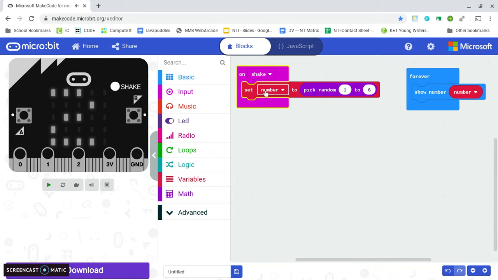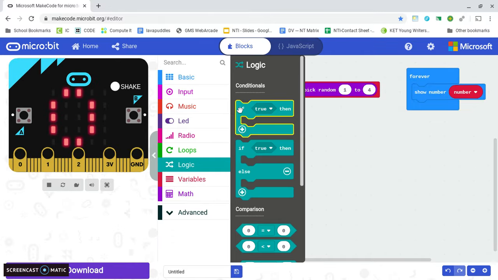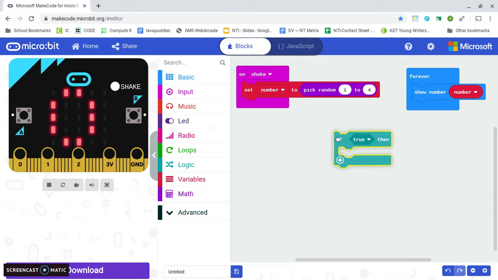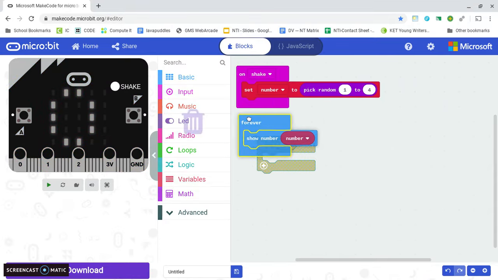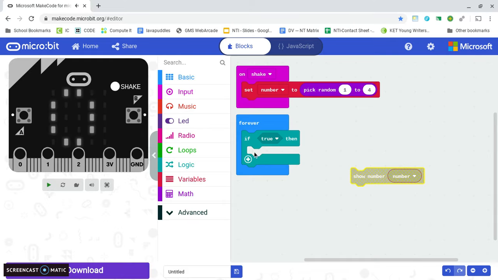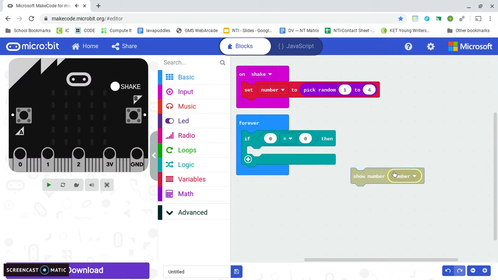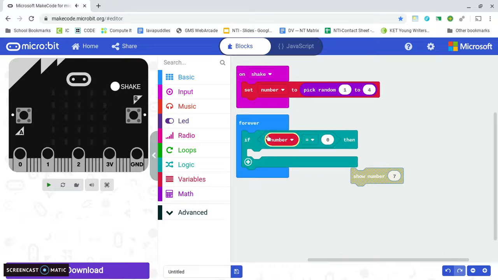So now what I'd like to do is think about what you can do with this random value. So the example I'd like to show is like a Harry Potter sorting hat. Now there are 4 houses in Harry Potter, so we would just make this 1 to 4 instead of 1 to 6. And now inside of our logic, we're going to grab one of these ifs. And we're going to put this into forever. Okay, so back to logic, we're going to grab an equals. So let's steal this number thing and say, if the number that we get whenever we shake,